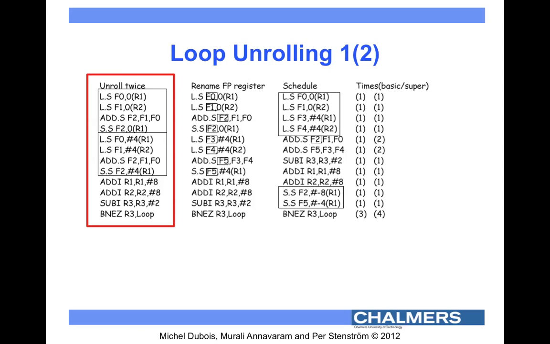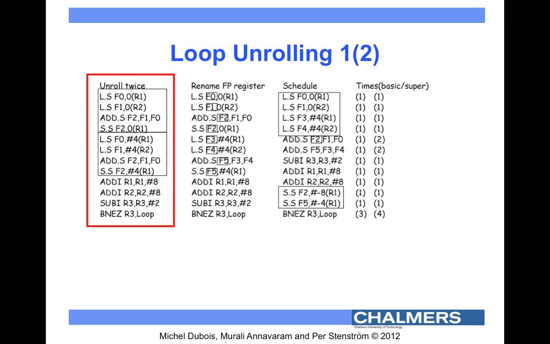And we do one other step too, and that is to adjust the displacement in front of the address registers R1 and R2. So in the second iteration we use 4 instead of 0, because the address registers R1 and R2 will be incremented further down in the unrolled loop iteration. You can see we add 8. Okay,